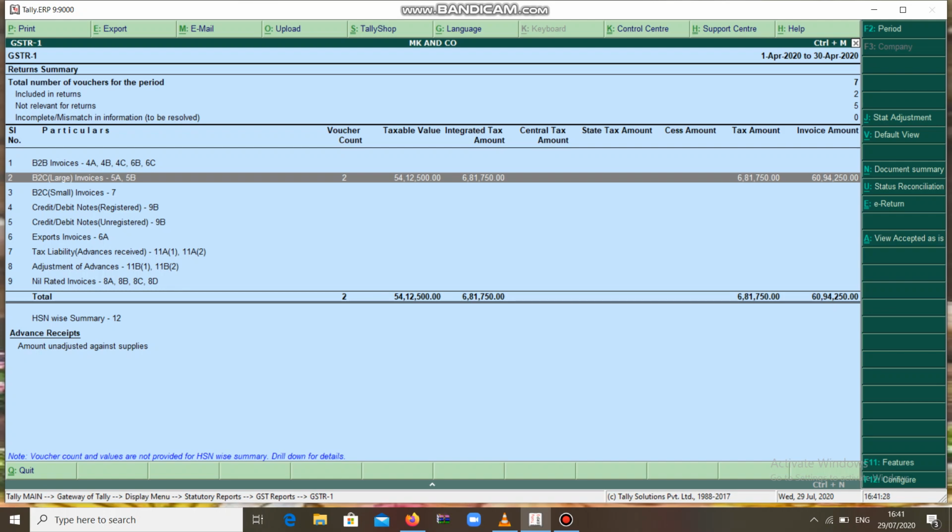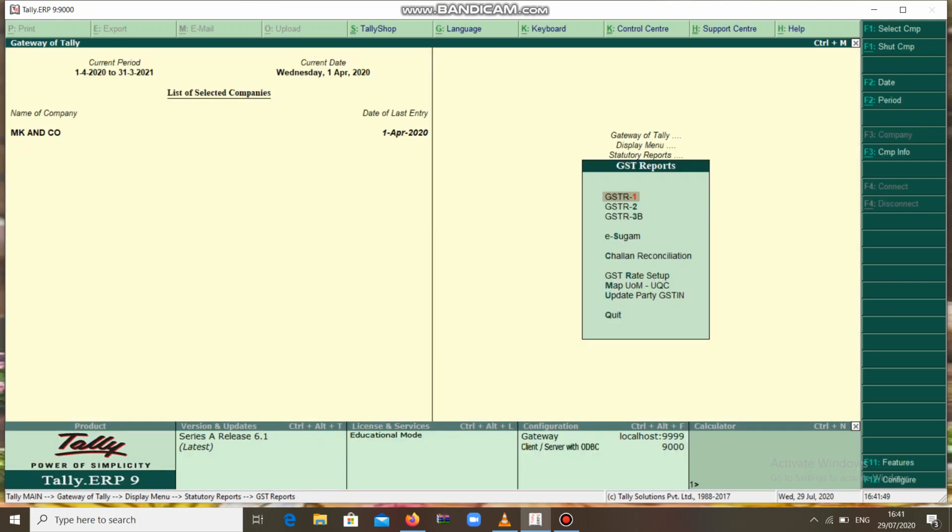So this is the way we have to create the GST calculation on the percentage of 12% or 18% or 3% or 28%, any percentage, with out of state, means if you are selling the goods from Karnataka to another state. Okay, for alteration and deletion you can go through the same procedure that I explained in the last video.